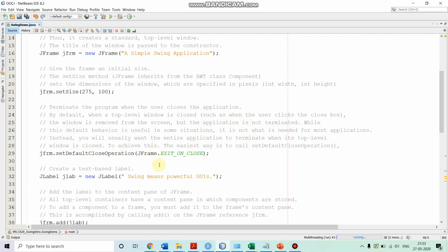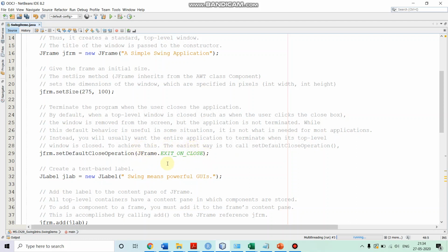But if we want the program to close when we click on the close box, then we need to call the setDefaultCloseOperation method of the JFrame, which JFrame inherits from Component. And we are passing as a parameter JFrame.EXIT_ON_CLOSE.